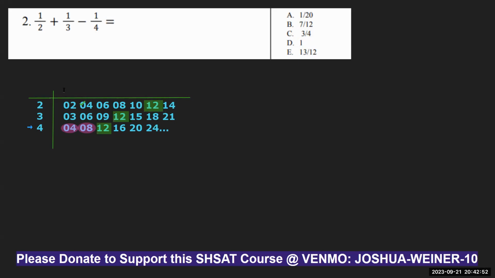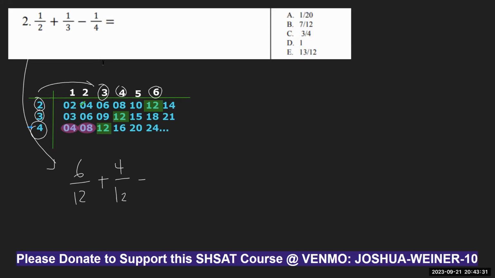And then what I'll do is I'll number these. This is times 1, times 2, times 3, times 4, times 5, and times 6. So we'll scale each one of these fractions up, rewriting them as 12ths. Then, a half will be rewritten as 6/12. Well, because it's 6 times 2. And then for the third, we do have to do times 4. So that's got to be 4/12 for a third. And then we have to take away a quarter. We have to do times 3. So it must be 3/12.